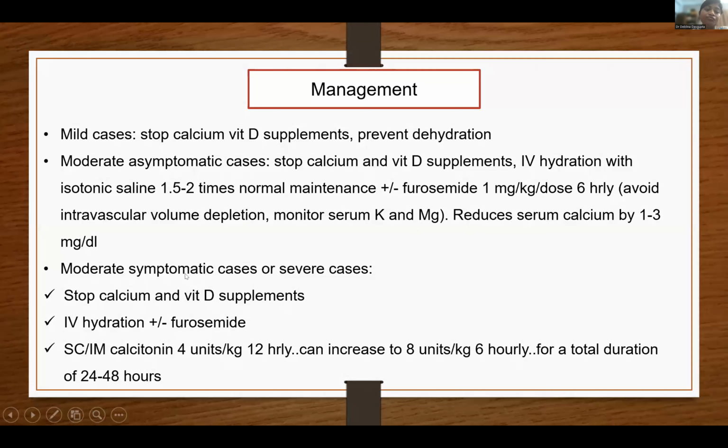Now, if the child has moderate elevation but is symptomatic, or has severe elevation, that is more than 14 mg per dl, then you do whatever you did earlier. Along with that, you need to ensure that your calcium moves from your serum into the bones. For that, you add on calcitonin. Calcitonin is a fast-acting agent in this case. So you give subcutaneous or intramuscular calcitonin 4 units per kg 12 hourly. If there is no proper response, you can increase it to 8 units per kg 6 hourly, but you give it for a maximum duration of 48 hours because calcitonin tends to develop tachyphylaxis very quickly and the response will